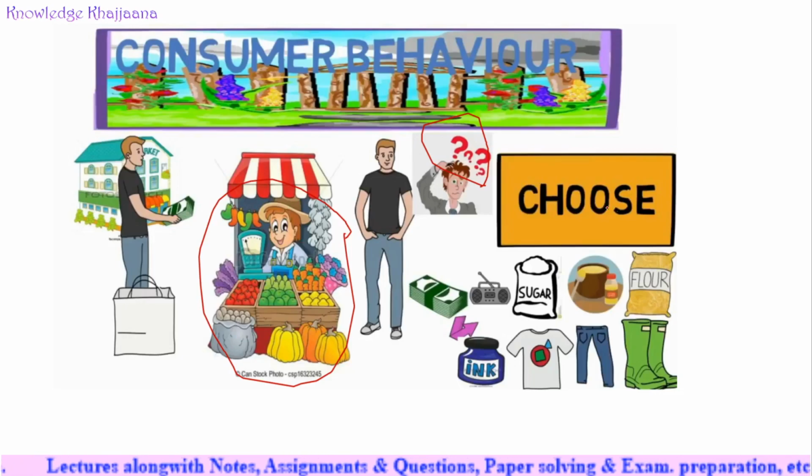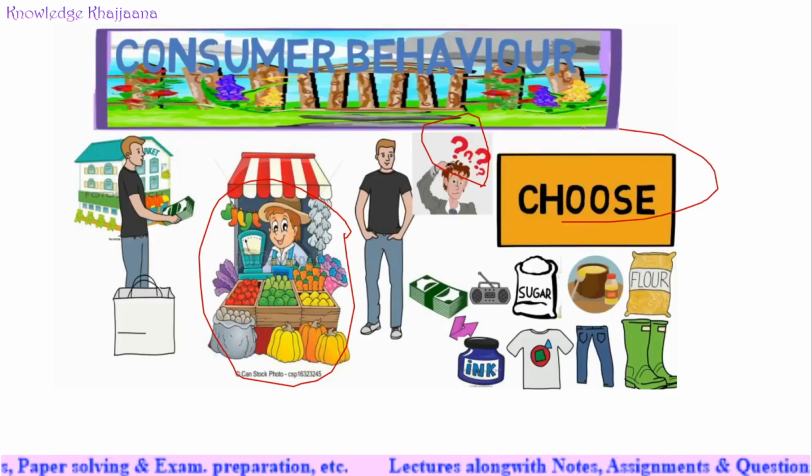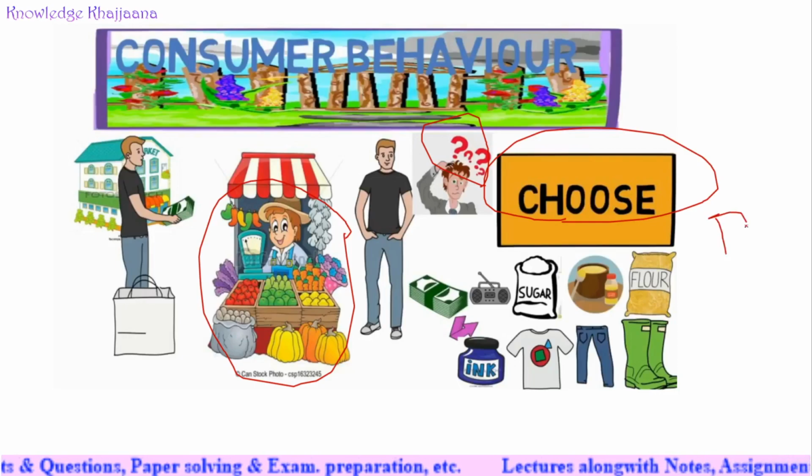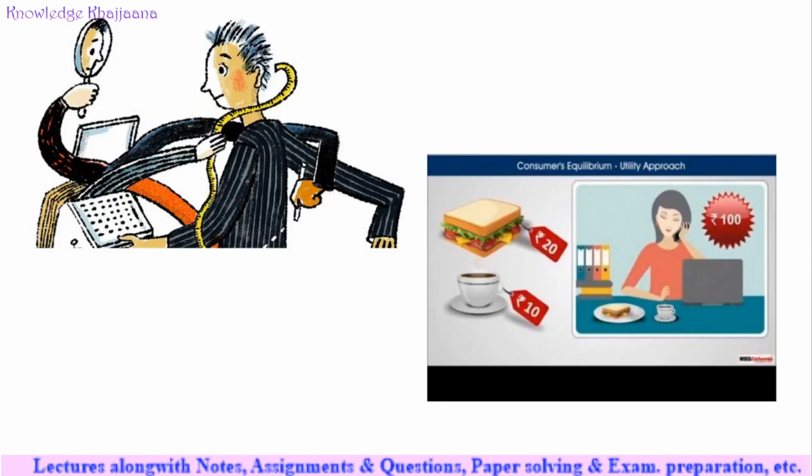Okay, see, if those are non-perishable goods also, then he will choose among them and he will make a wise decision as per his demand. See, if he goes to pay after purchasing things at the point of sale, then he will think again and again. He will measure his wallet, right? Okay, wallet is there, and he will take the wiser decision.